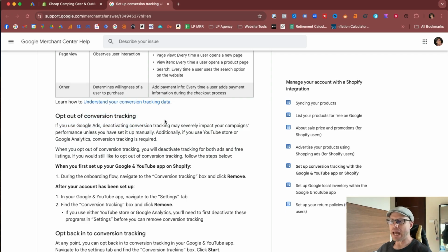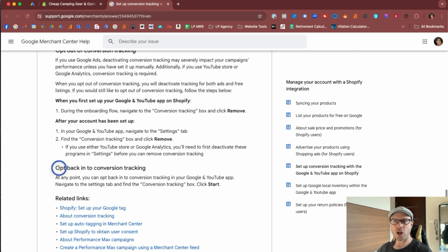Now, if you've got your conversion tracking set up elsewhere, you can opt out of using the conversion tracking in the app. However, if you do remove it or you choose to opt out of it, in order to opt back in, it does say click start. However, I found it doesn't work very well. It just seems to be buggy. What I've had to do in the past is to disconnect the Google account from the Google and YouTube app and then start again reconnecting all the Google properties back into the Google and YouTube app. So that's just one tip to look out for if you choose to opt out and opt back in for